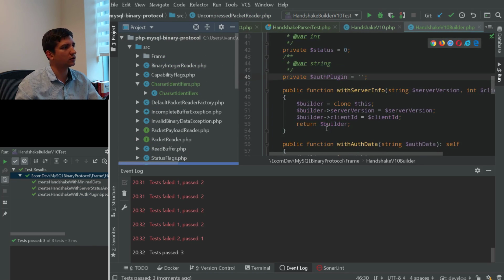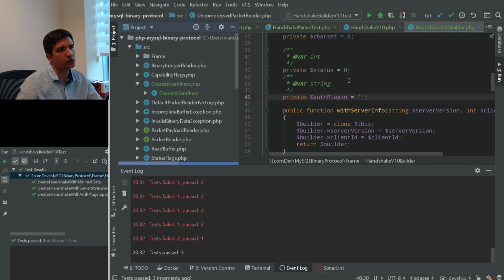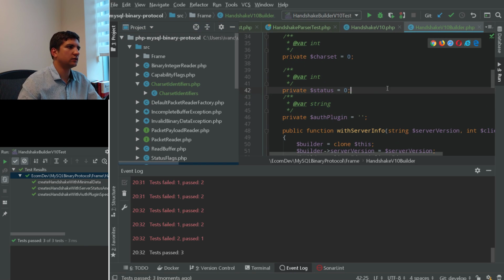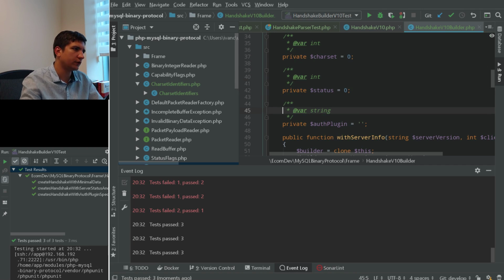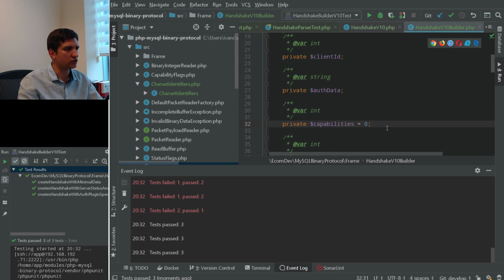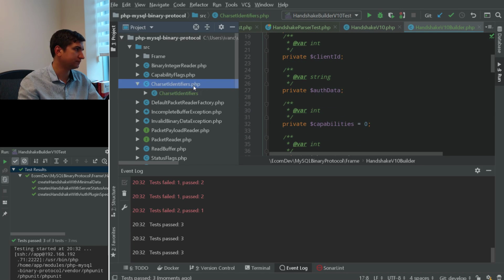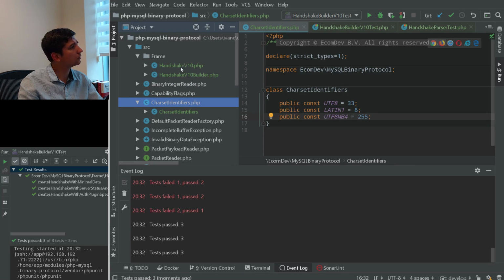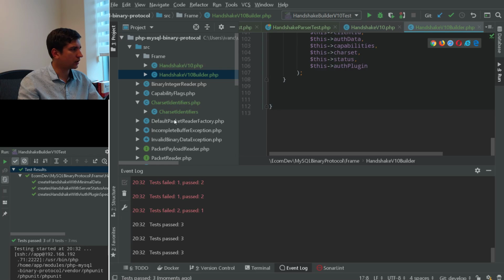So we either can have a full set with our auth plugin, status, char set, and so on, or we can have just char set and status specified but no auth plugin, or we can have stuff specified as just capabilities of data, client ID, and server version. So it can be 3 different sets of data provided for us. Okay, now we can just